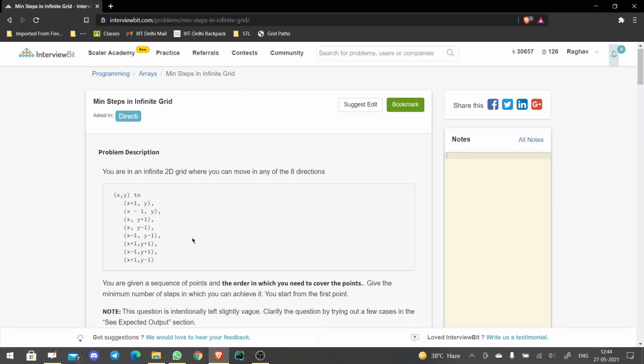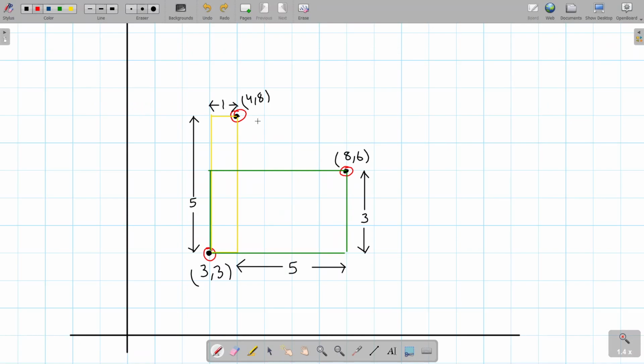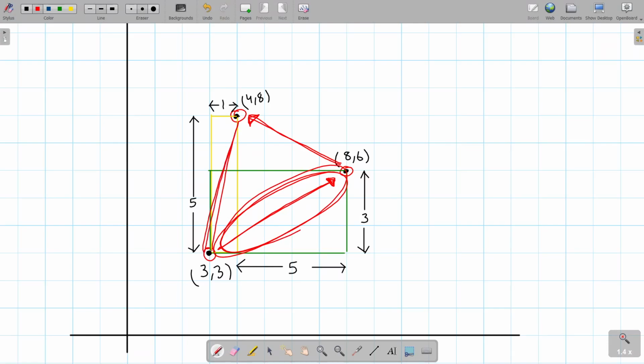So now let's just move to the solution approach. For a solution approach, it is very clear that our final answer would just be the summation of minimum number of steps that we would require to travel between any two consecutive points in the given specified order. And now our task just remains to find the minimum steps it would require us to travel between any two consecutive positions in the given specified order.